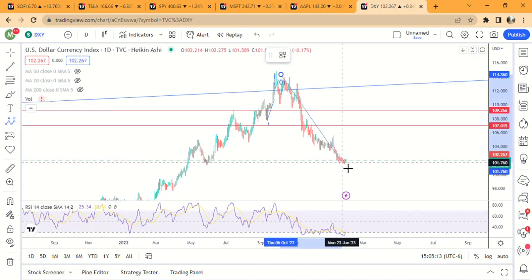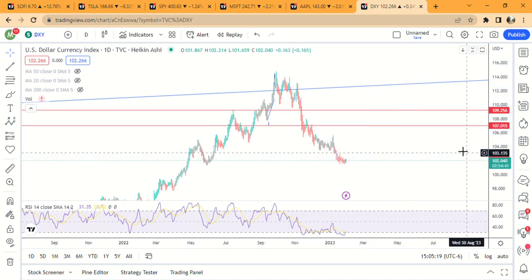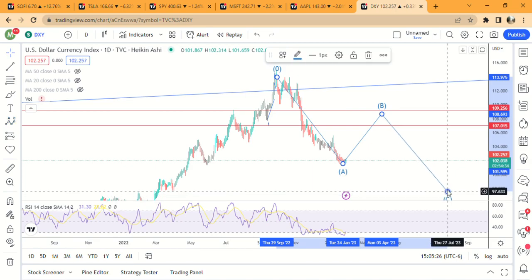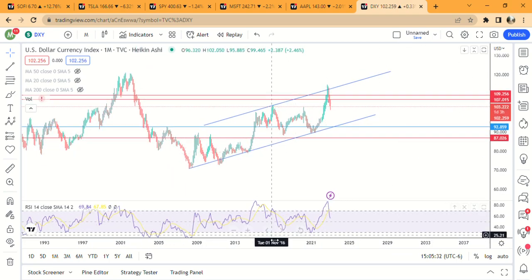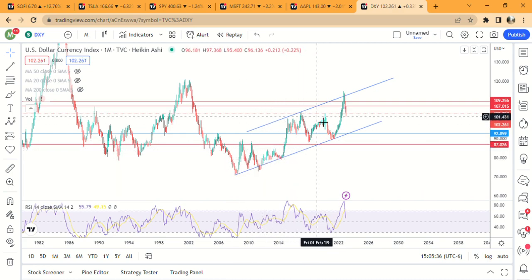We could get a big bounce in the dollar all the way back up here to the top, and that's when we sell off and then come back down here and have a normal flat. Or we could get a zigzag and just bounce up here and then come back down even farther. So I was looking at the monthly chart the other day, and the more I look at it and the more I think about slope, originally I thought it was a 5-wave move. I think this is more of an ABC pattern, and I think that